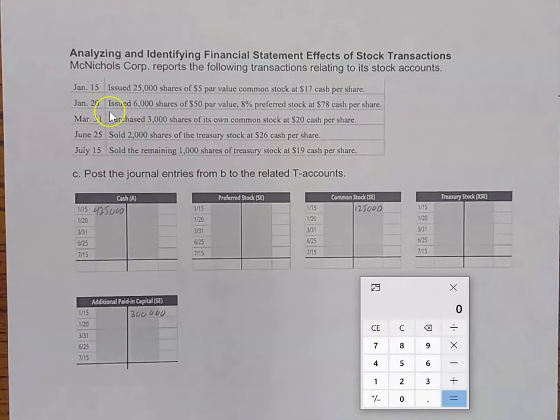On January the 20th, we're going to issue some more stock, but this is going to be preferred stock, it looks like. So 6,000 shares of $50 par value, 8% preferred stock at $78 cash per share. So what I want you to do is the exact same thing that we did for January the 15th, obviously with different numbers. So 6,000 shares times the sales price gives us the amount of cash that we will receive,